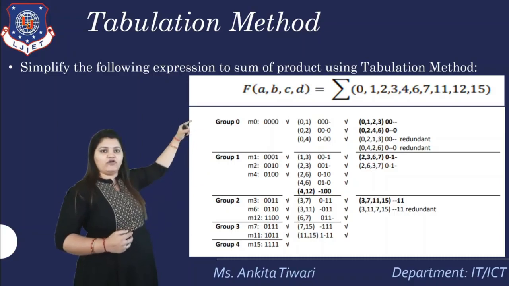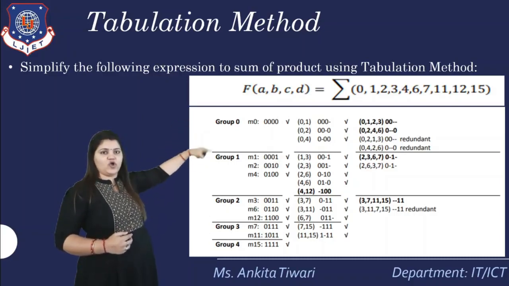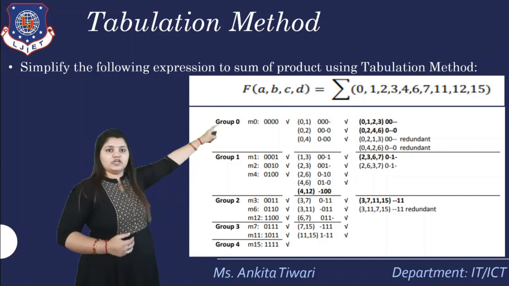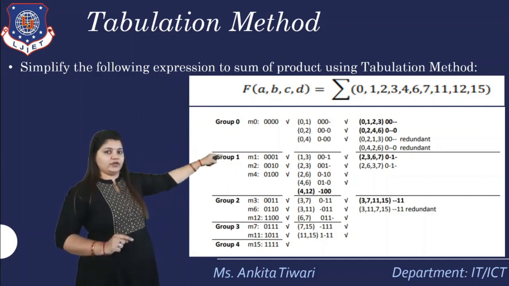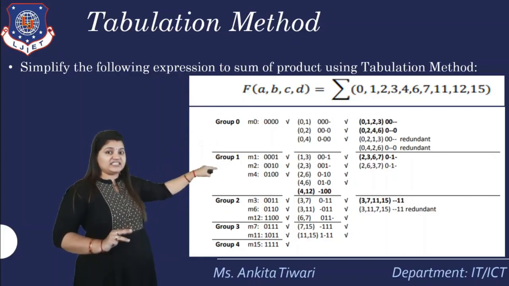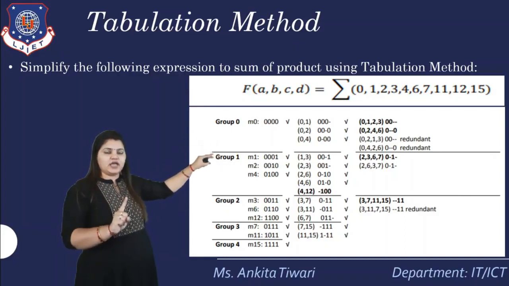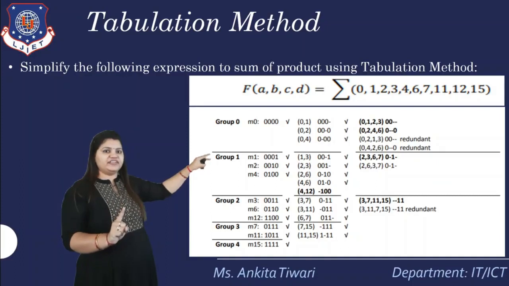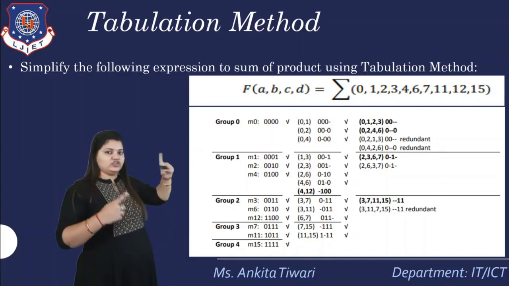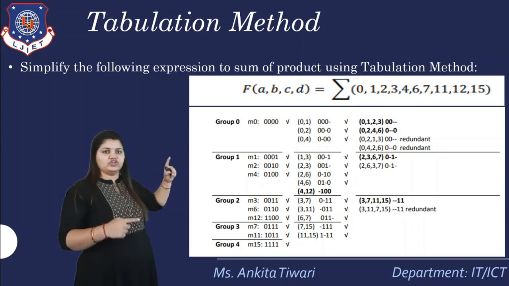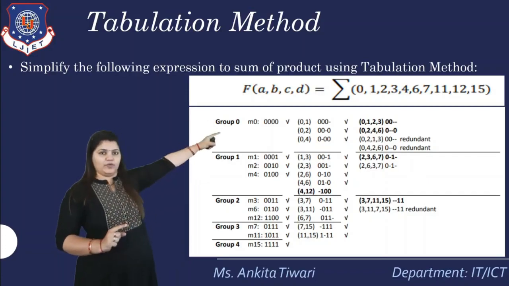The two terms M0 and M1. Just see there: 0, 0, 0, 0 is 0 and 0, 0, 0, 1 is 1. See, 3 bits are the same; only 1 bit is different, and that position is fixed. That is the 4th position. So how do we take the common part? 0, 0, 0 is common. So 0, 0, 0, dash. Got it? So this we get as one pair, 0, 1.